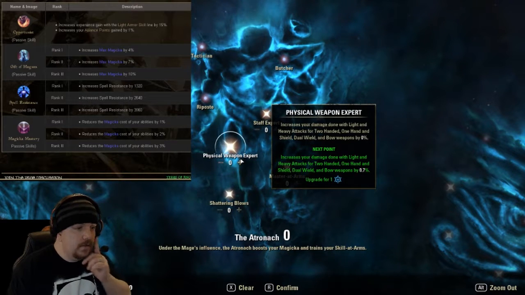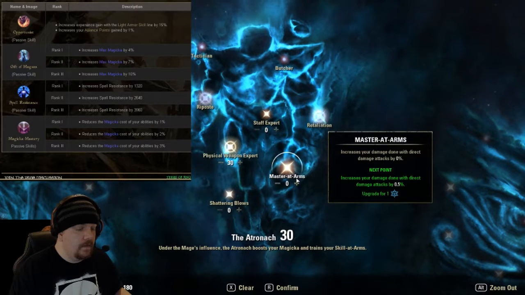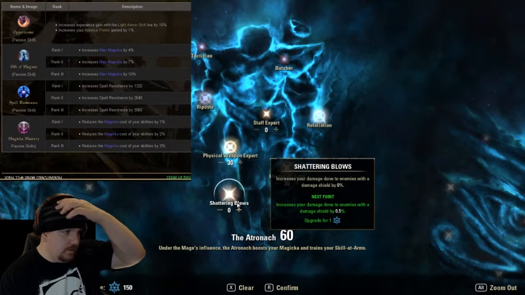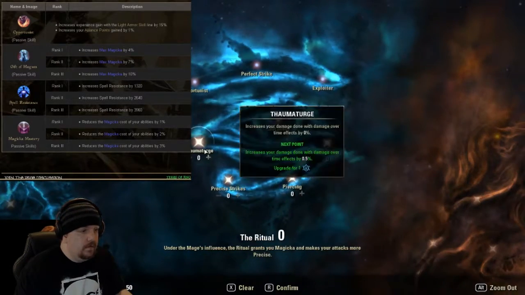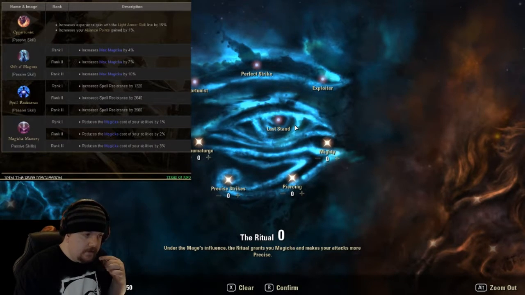Physical weapons increase the damage of your light and heavy attacks. Okay. Yes, please. Increase damage done attacks, but what's directing? I don't know. I'm not gonna worry too much about shields because I'm not really PvP. I'm pretty sure that the NPCs have shields, but...